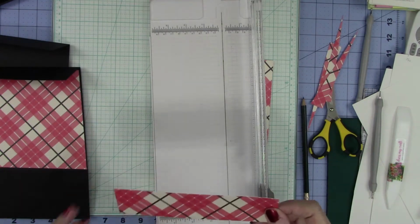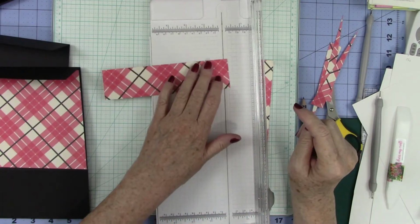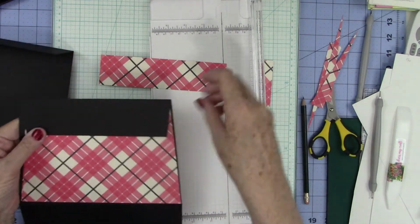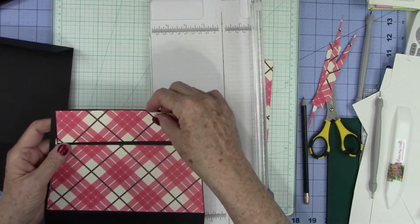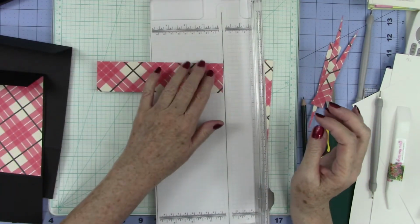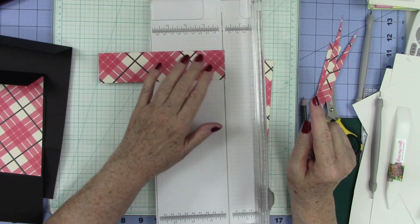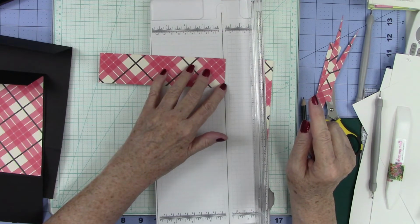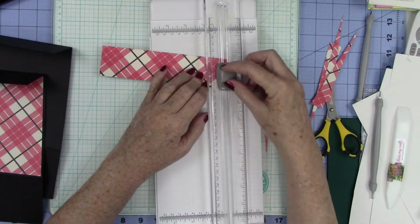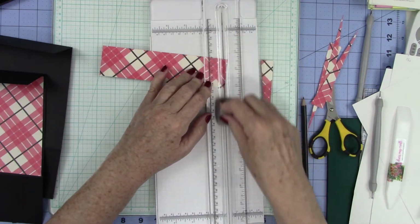And we're going to do the same thing with this, but this one we're only going to need to do 1/4. So these are the pieces for the flap. These are going to live here, just like that. And we are going to do 1/4 of an inch on this. So we're just going to put the bottom in there, pivot over about to there, sink the blade in the middle, up and down,